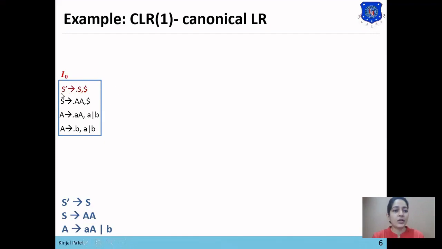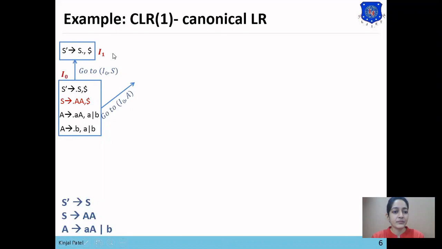Now we'll apply the goto rule on S' derives dot S comma dollar. The goto rules are the same as in the LR0 item set. So we'll apply the goto rule and our production will be S' derives S dot comma dollar. Dot has been shifted from the left-hand side of S to the right-hand side of S. And here we have added the dollar look ahead. We have just copied down the look ahead of S' derives dot S. So while you apply the goto rule, the look ahead symbol will be copied down. Now this is our final state and we'll represent this state with I1.